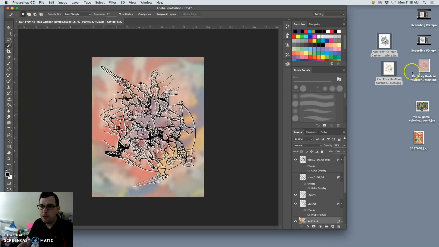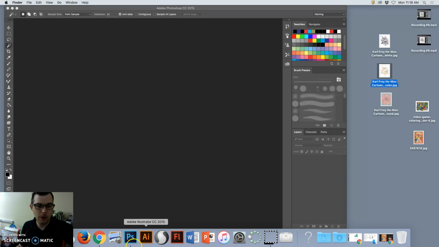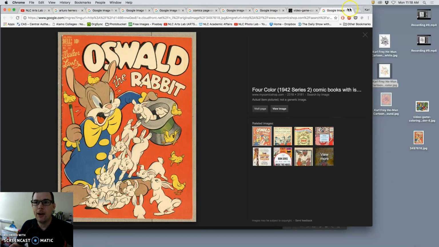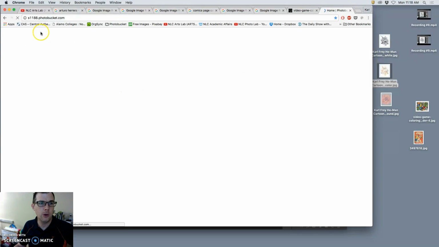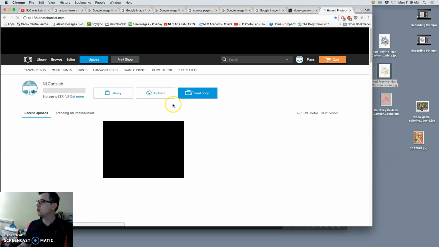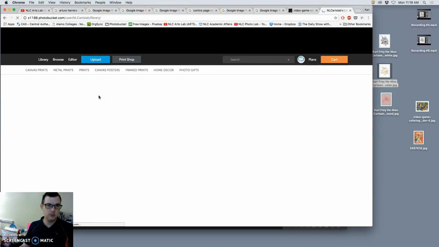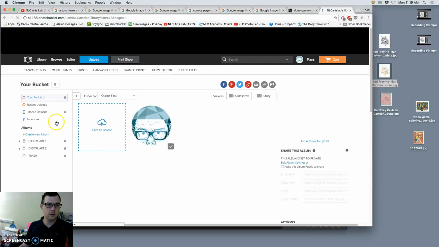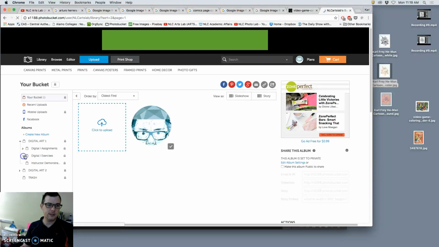So now that I have my JPEGs, I have 3 here as options. You only need to upload 1. Now I can go to Photo Bucket. And if you're using Chrome, hopefully you'll be logged in already. You go to the library. We'll get better and better at posting things to the right place. And you first want to navigate to the right folder. So we look under Digital Art 1, we go to Exercises,